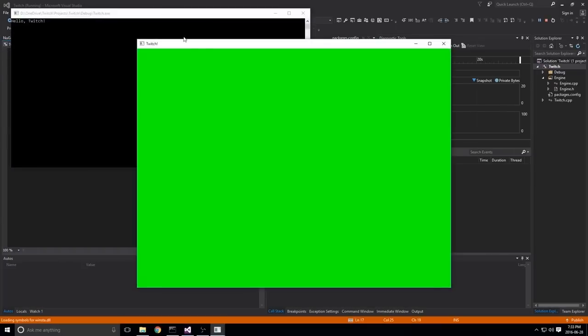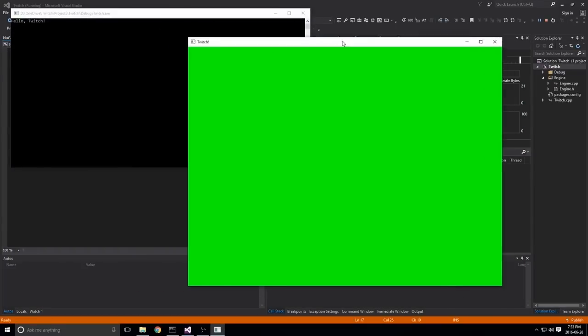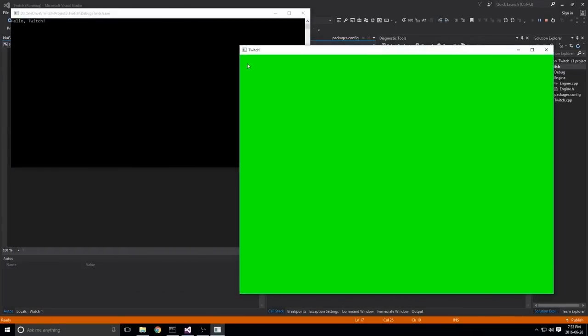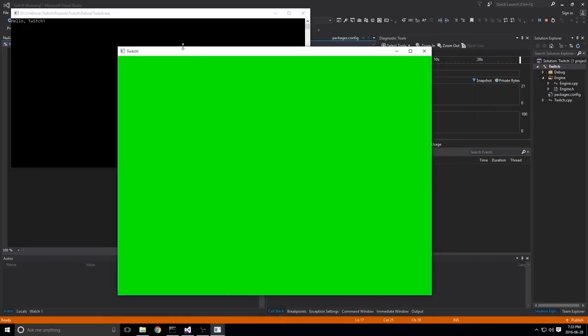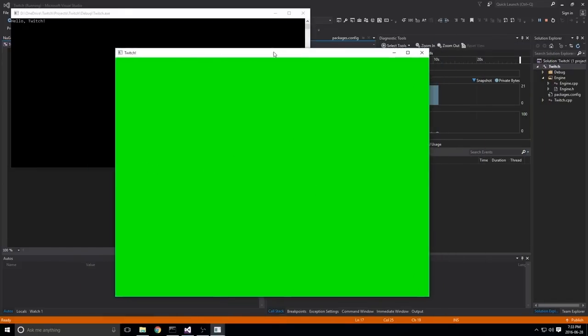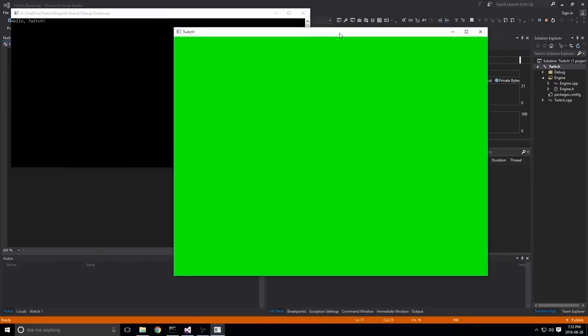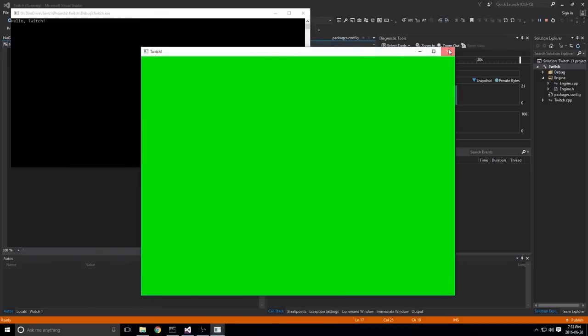So let's run this, and there it is. Oh, and this is green, not blue. I must have messed up the numbers, but look at that. This is GLFW running OpenGL, clearing our back color to green and polling the events so we can drag this around. Notice that if I hit X, nothing happens. That's because that's a specific event we have to handle ourselves, because we may want to make sure that we deconstruct stuff or do some cleanup before we actually allow the user to just end the program. So this is something we're going to have to cover ourselves.